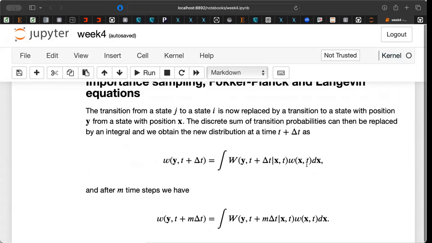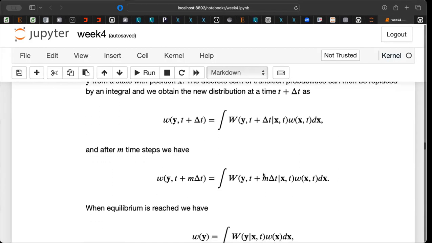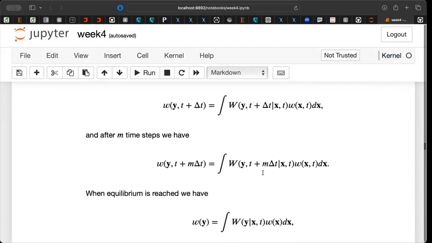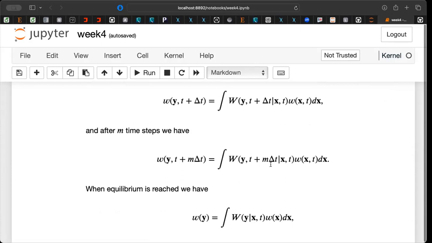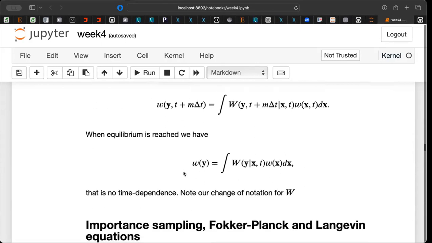And if we go back to the discussions we had about the solution of the diffusion equation, this initial distribution could be a Gaussian. And then this function here is just the Green's function, which is the solution to the diffusion problem. And after a given number of time steps, we end up with the final distribution, which is C here when equilibrium is reached. And then when equilibrium is reached, this distribution becomes time independent. And we can then assume also that W